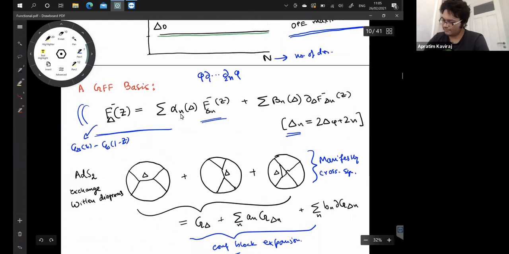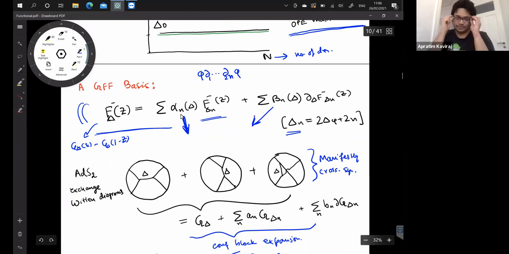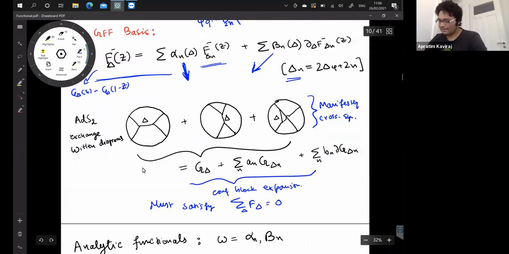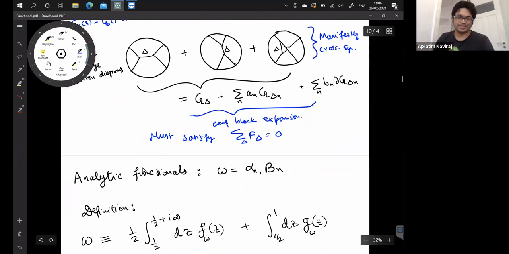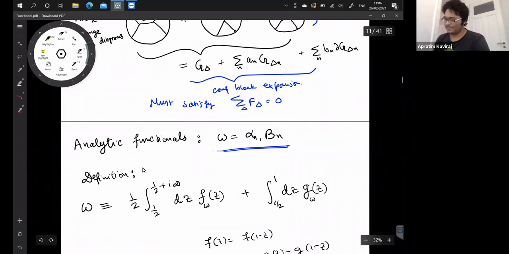So now, if this basis exists, it should be possible to have a functional that gives you these coefficients. It's like a Fourier transform. You have a basis and you should have something that gives you the precise coefficients. So the analytic functionals are nothing but what gives you these coefficients. There are two types, so omega equal to alpha n or beta n, and they're defined